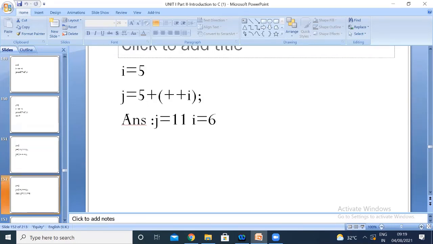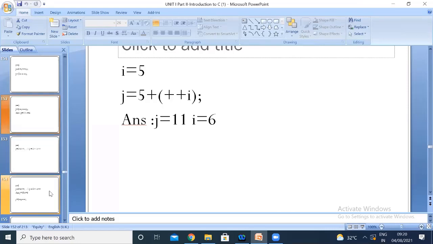Okay, here see this question. I is equal to 5 is given. J is equal to 5 plus plus plus I. First, what we have to execute is the one in the brackets, plus plus I, which means 6. What is 5 plus 6? 11. So J is 11 and I will become 6.